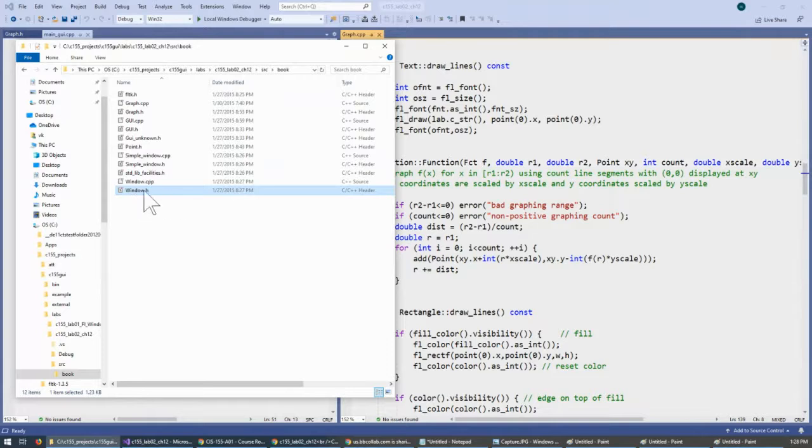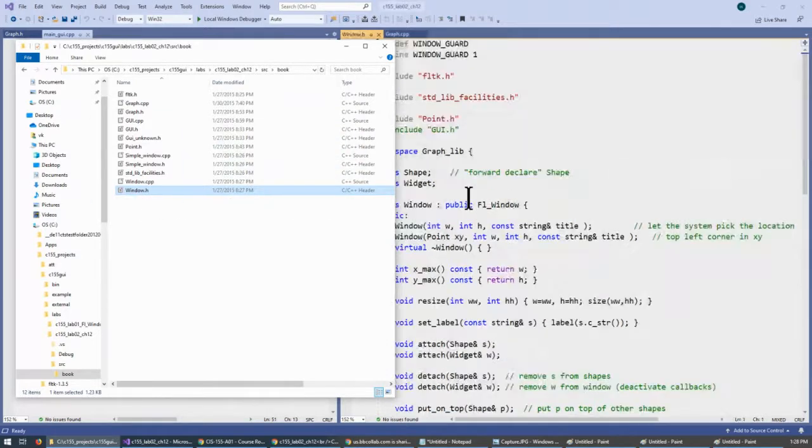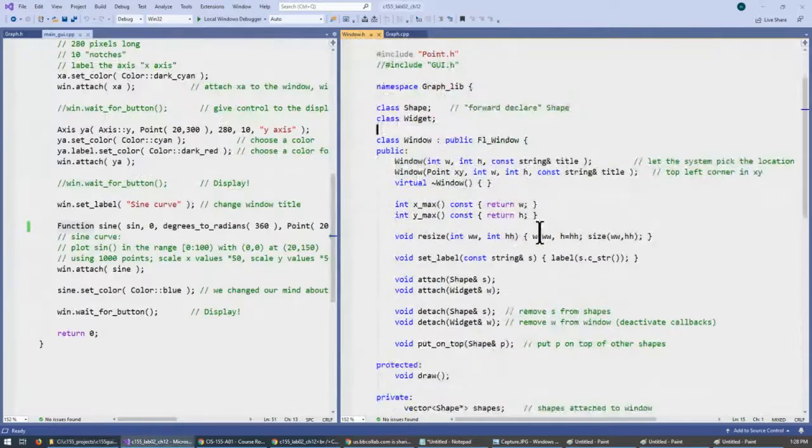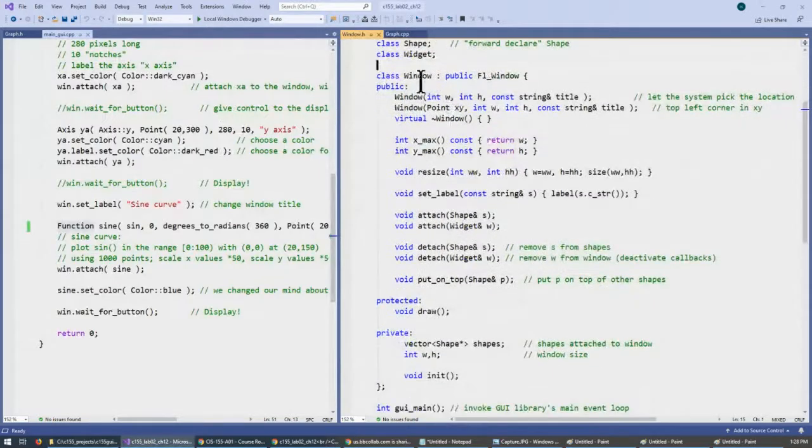I am expecting that this would be the window definition right here. Okay, so this is the window. The window itself is derived from Fl_Window, which is part of the FLTK library. And it has a couple of constructors over here. It has a destructor